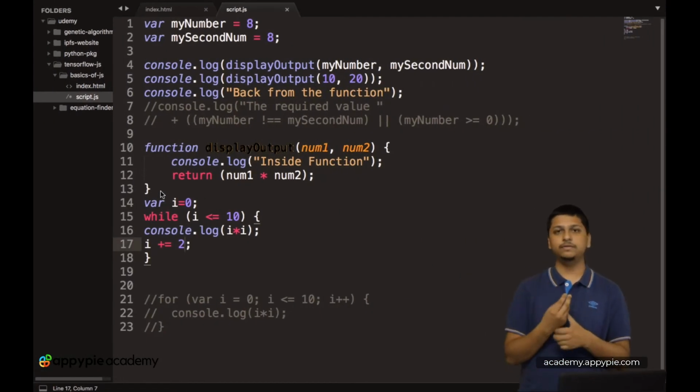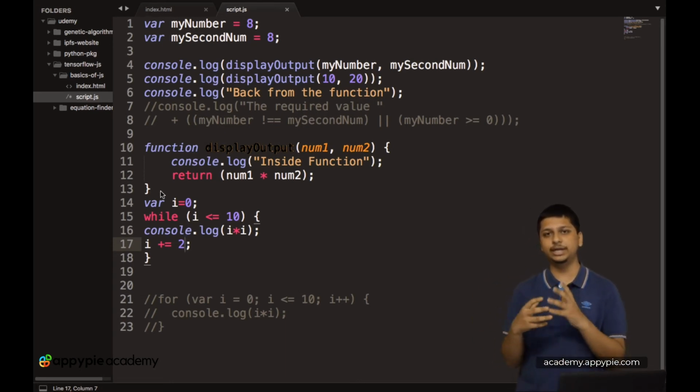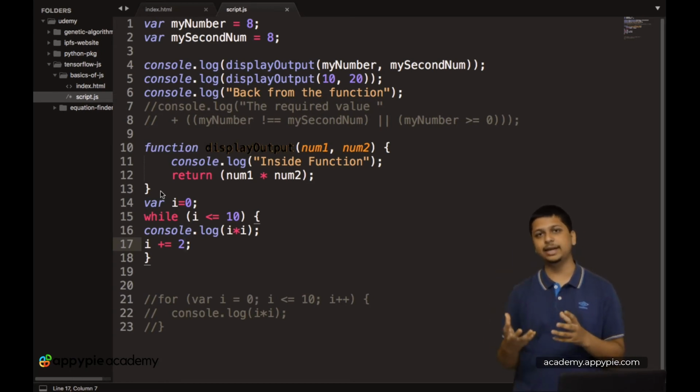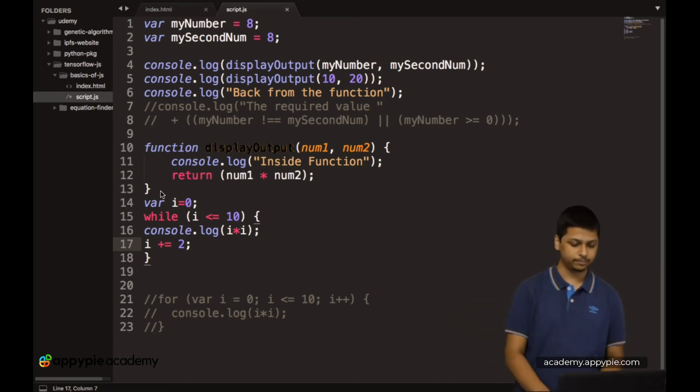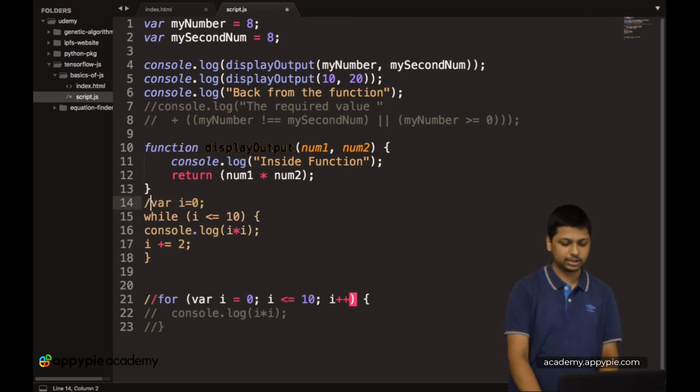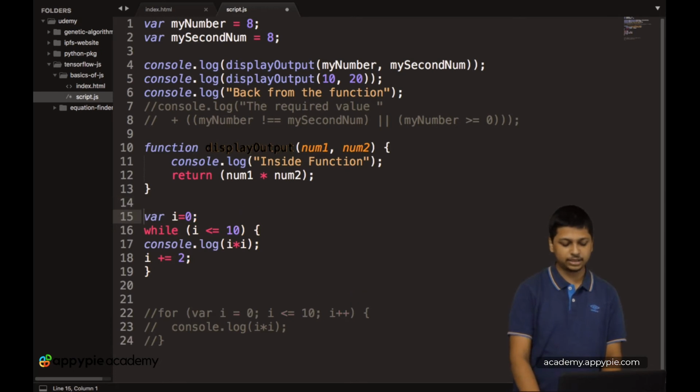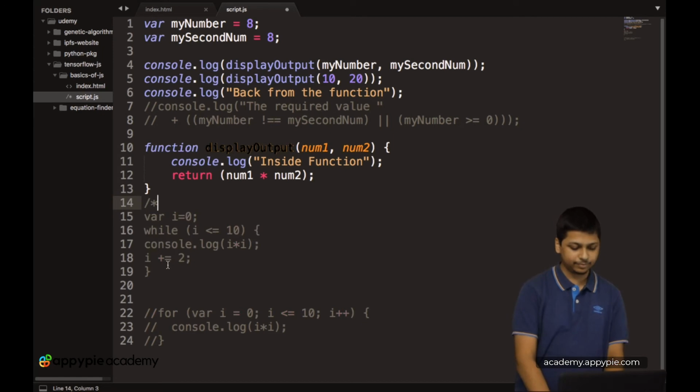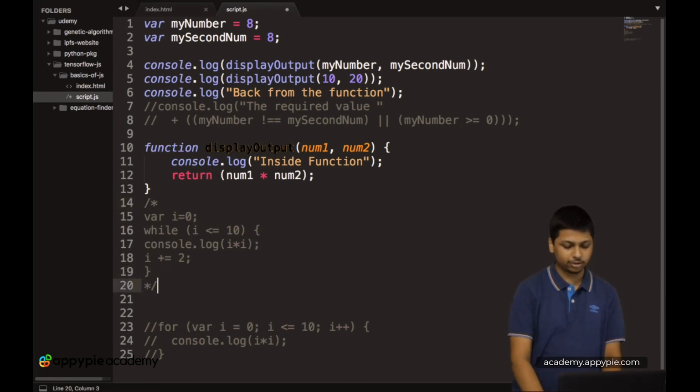Now we proceed to the third type of loop, which is a for each loop. This loop is only used when you are dealing with arrays. Let's recollect, an array is basically a collection of a lot of variables together. Over here let's get rid of all of these lines. In JavaScript you can type in a multi-line comment. To do that, simply add a slash followed by a star, and over here a star followed by a slash. This is how you write a multi-line comment.